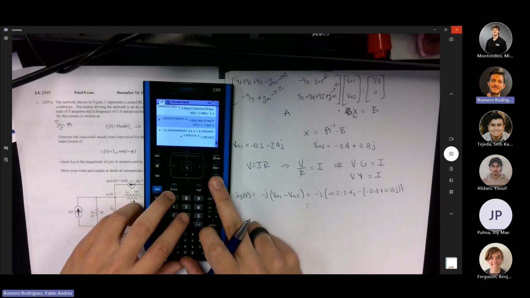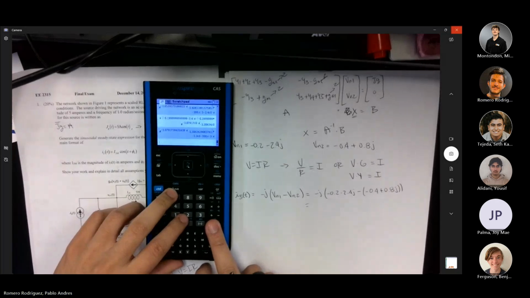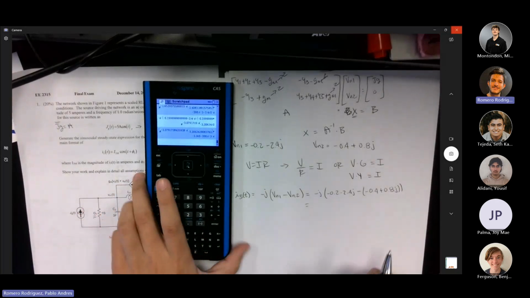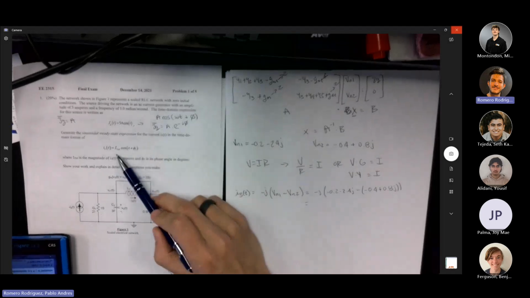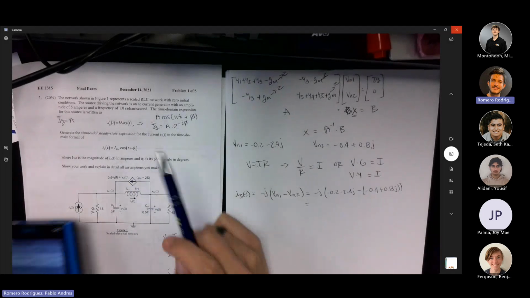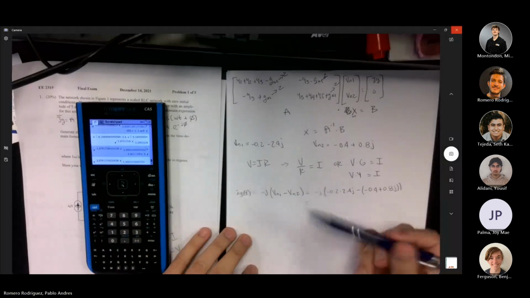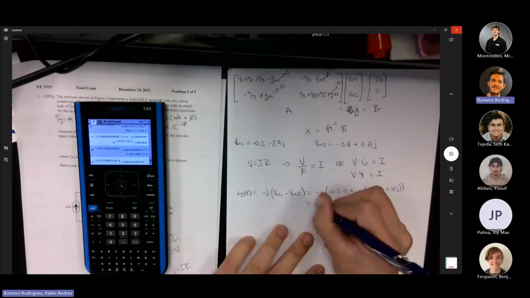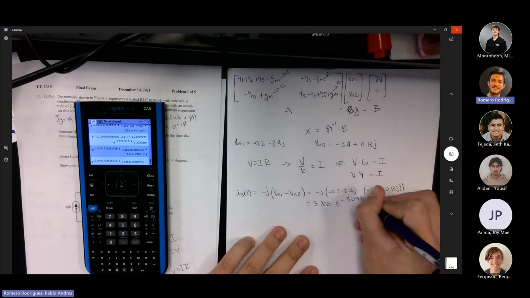Cool. So this is my polar answer. I want this in rectangular. Actually, I think I may want it in polar, because I need the amplitude and the phase. So from my polar answer, which is this one, I got 3.206 e to the negative 3.079